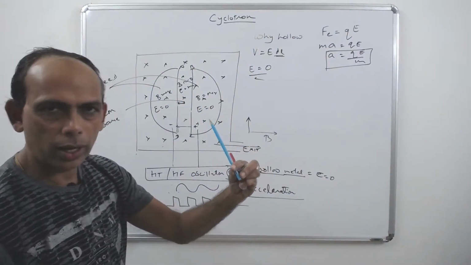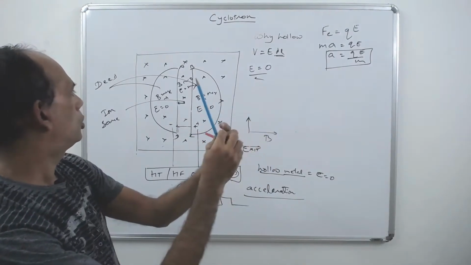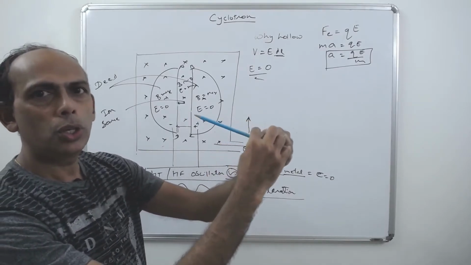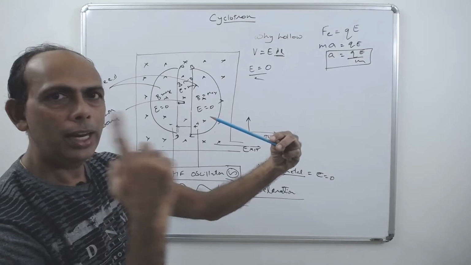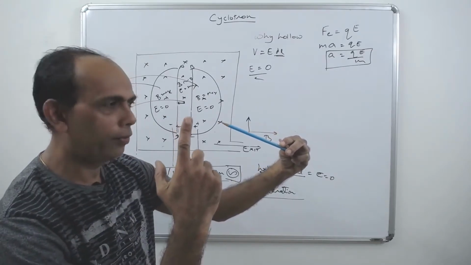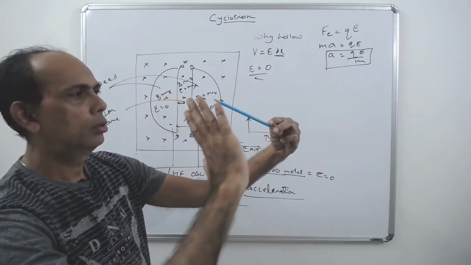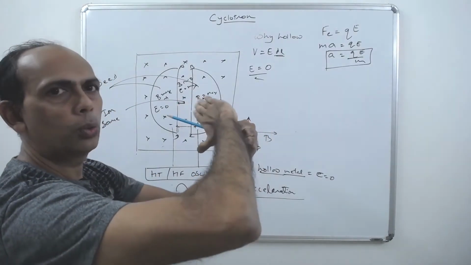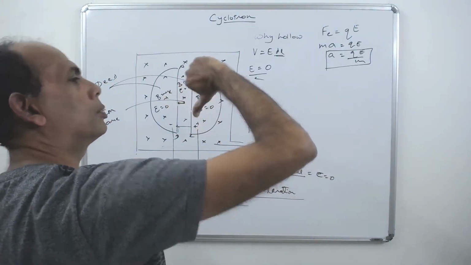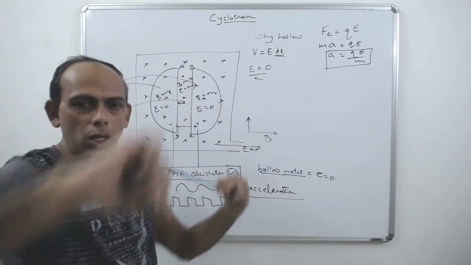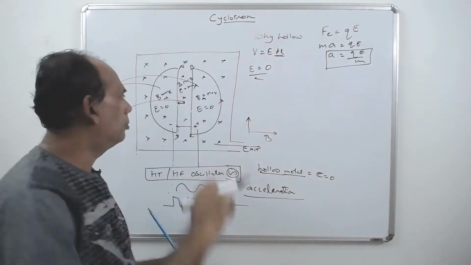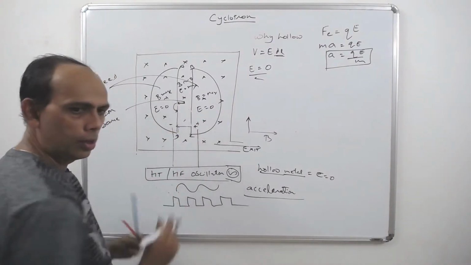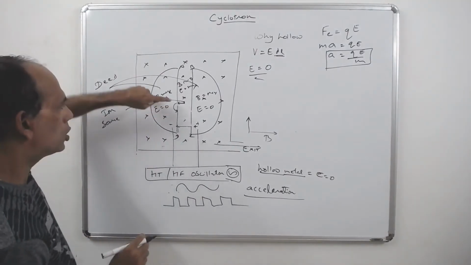If you consider your right hand rule, you see like this. I'm showing your magnetic field is going inside the board, and the velocity of the particle is towards me. If you use your right hand rule to find the direction of the force due to the magnetic field on the charge, you have to start from V and go towards B. Curl your fingers from V, go towards B. So you're curling your fingers like this and going towards B, and you see the thumb is pointing downwards, and the downward point of the thumb gives you the direction of the force, in which the charge is going inside.